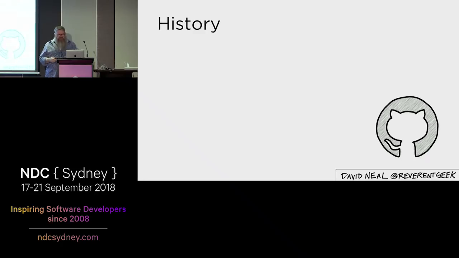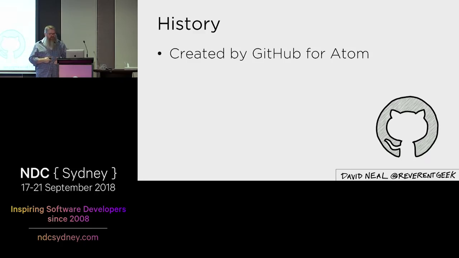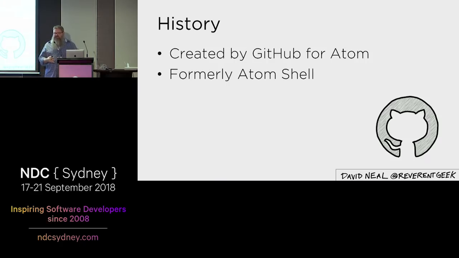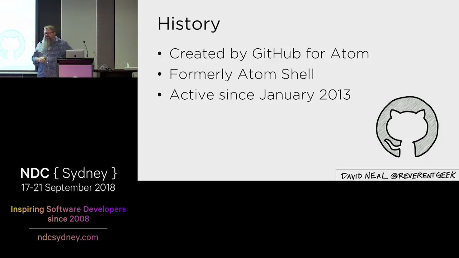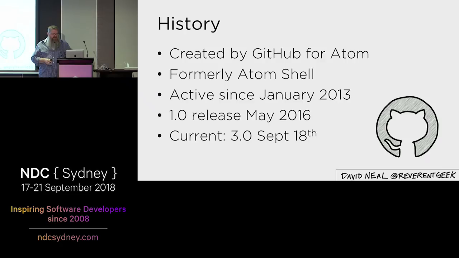So a little history about Electron. It was first created by GitHub for the Atom editor, and it was originally named the Atom shell. To reduce confusion as to what you could do with this technology, they renamed it to Electron so that people could know that they could build more than just editors with it. It's been around since 2013. It's been very actively developed. The 1.0 release was in 2016, and just